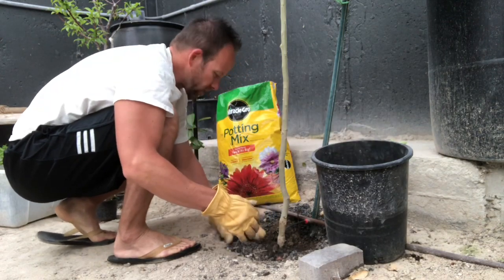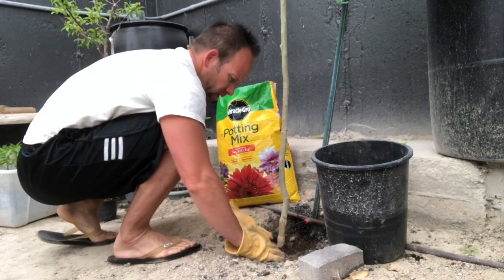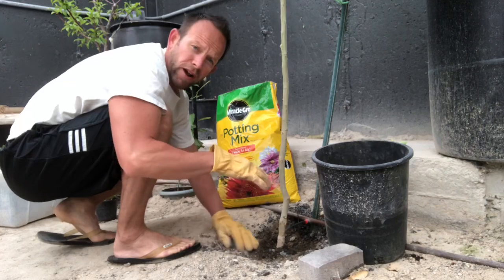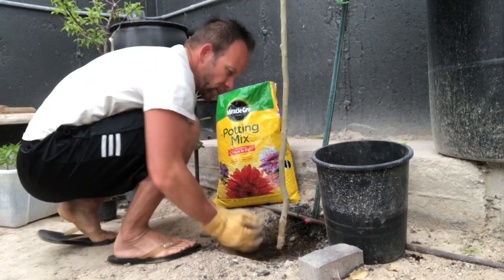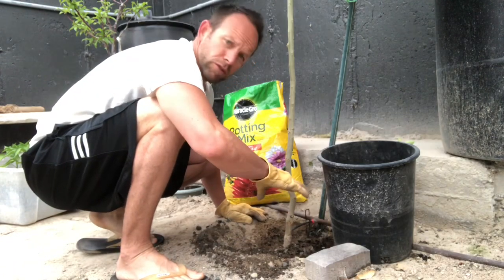Anyways, I was just thinking about it this morning, and I don't think that lava rock is helping with anything. And it seems better I could put some nice mix around there and maybe put some bark around it to keep the soil a little more moist. Okay, so I've removed most of the lava rock, and now I'm just gonna dig around the